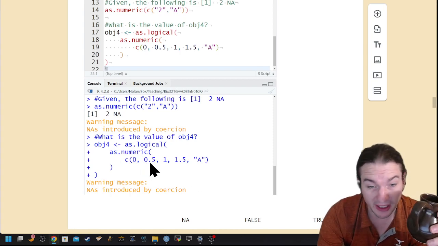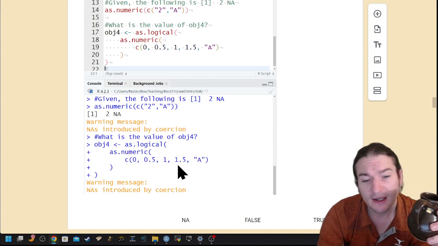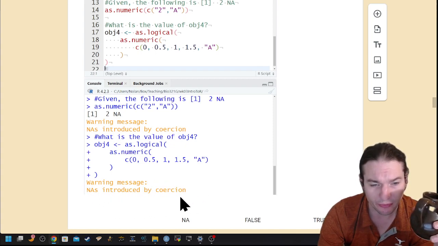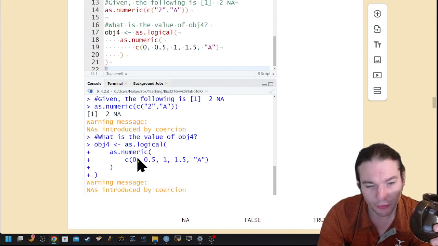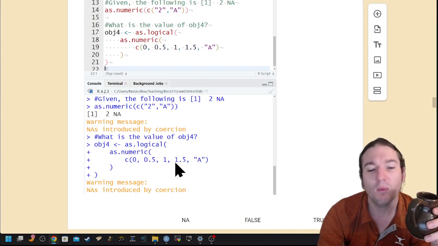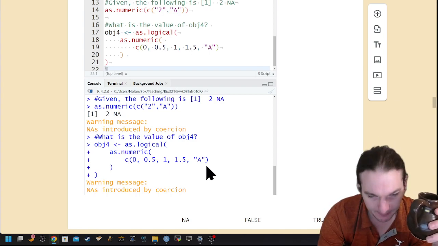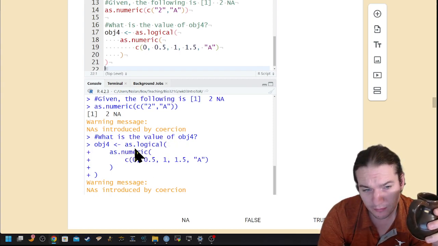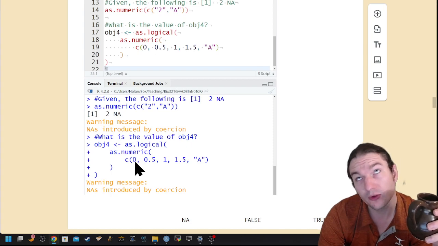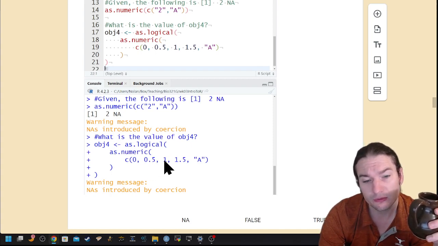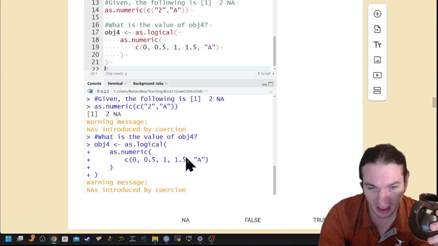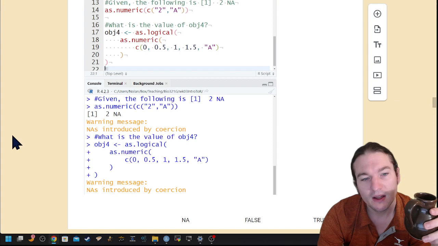The 0 becomes 0 again, 0.5 becomes 0.5 again, and so on, but the a still can't make the jump, and so it becomes missing, and that's actually what produced this warning message. So at this point, you have 0, 0.5, 1, 1.5, and missing. That is then applied to the as.logical, where this becomes, what was it? False, true, true, true, and missing. Still missing. Does not get filled in somehow. That's the idea.